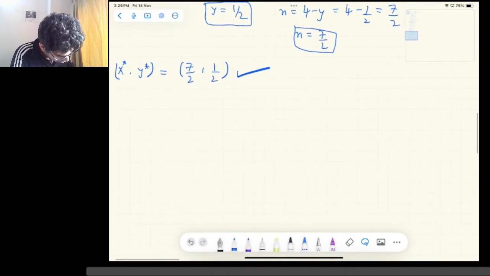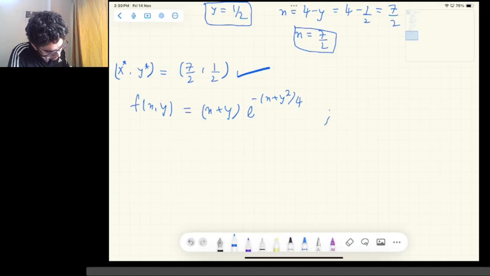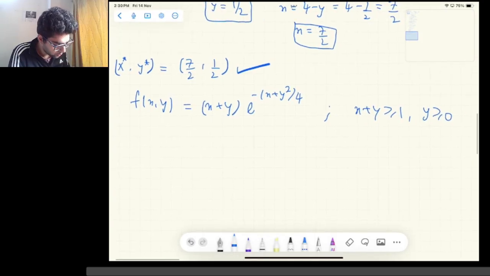So now, I'm writing the expression again because I failed to move the whole expression by duplicating the function. So this will give me e power minus x plus y square divided by 4. This was our original question and we were given that x plus y greater than or equal to 1 and y is greater than or equal to 0. Now we'll substitute the edge. Edge is our x plus y